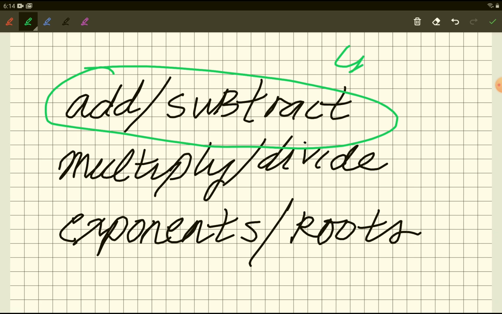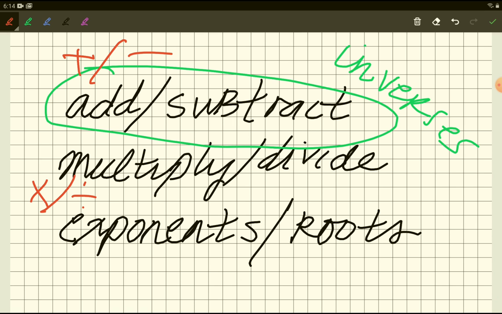They're called inverses. They undo each other. Just like adding and subtracting undo each other, multiplying and dividing, and exponents and roots undo each other,